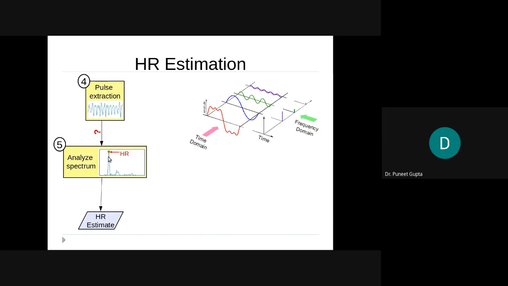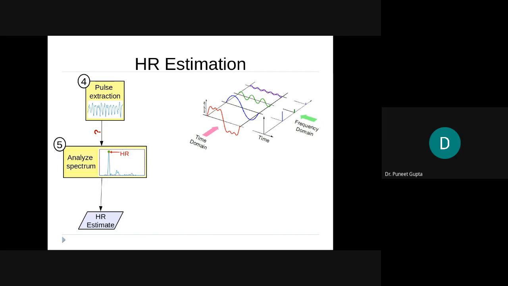Wherever we have the highest amplitude, we take the corresponding frequency and multiply it by 60. The reason is that heart rate, as I defined at the very first, is the number of times your heart beats per 60 seconds, while this frequency tells you the count in 1 second. It analyzes something in seconds. So that's why we first decompose it into our spectrum, find the frequency at which I get the maximum amplitude, then take that frequency and multiply it by 60, and that is my heart rate. Right?